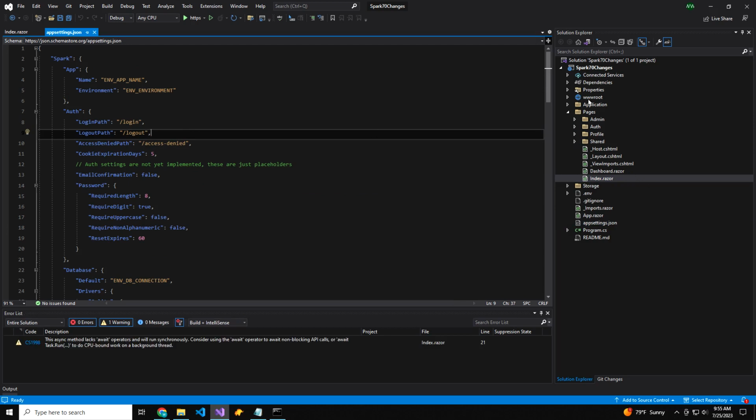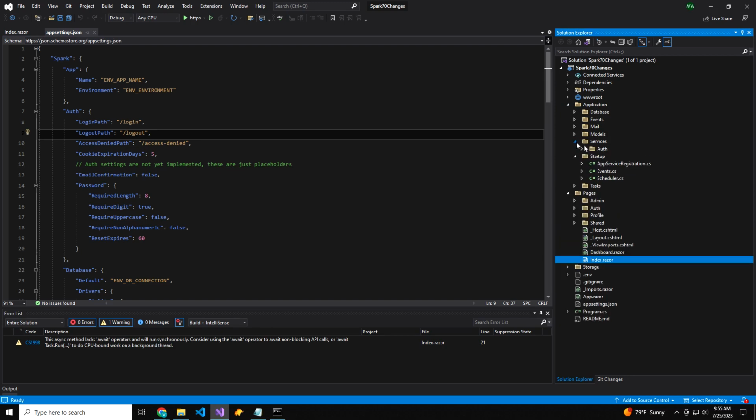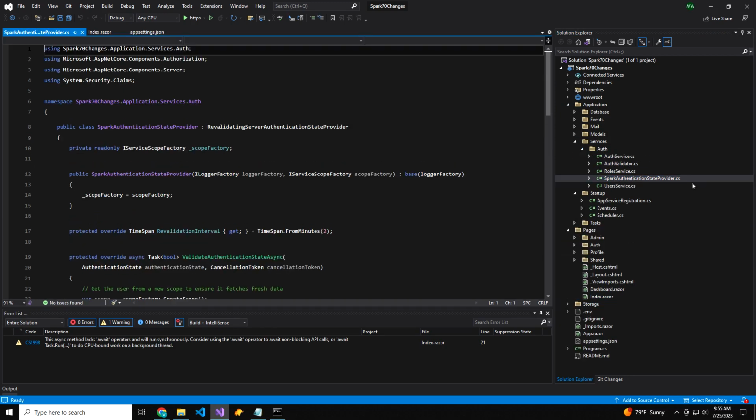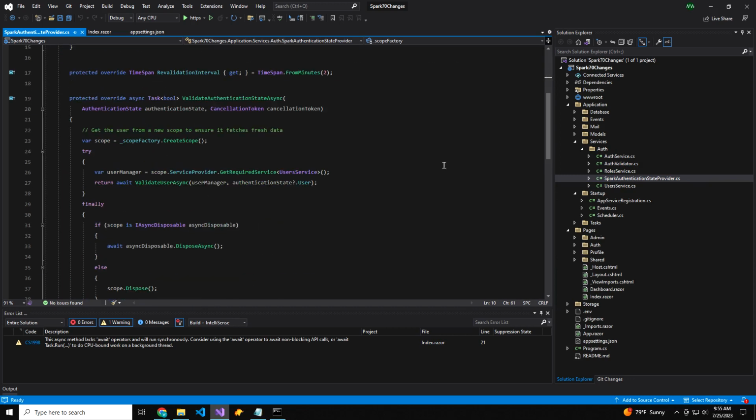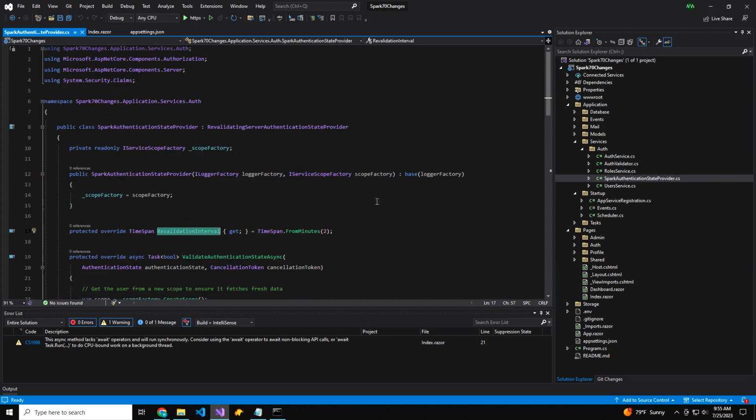The next change as far as Blazor is some authentication changes. I changed the authentication state provider. Some settings have changed. The first is the revalidation interval. So this service here is used by Blazor. Since Blazor server uses the SignalR connections,